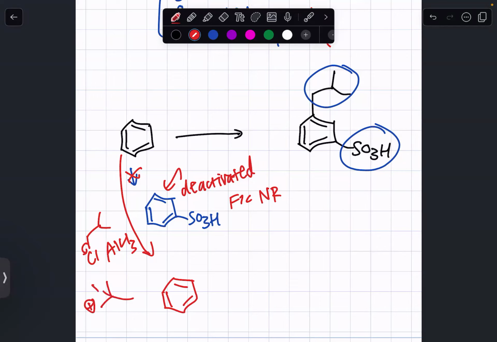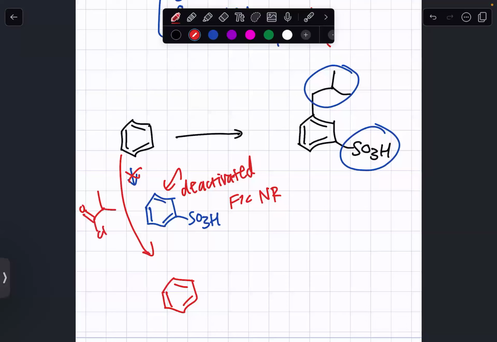Oh, wait, okay. Right, it has to rearrange. So the chlorine would have to be on the most substituted side instead? Right, we don't want that because we want a primary carbon here where we could say that this came from a carbonyl. And what was the other Friedel-Crafts reaction? Acylation, right. So let's do acylation instead, where this is the carbonyl group, and then this is